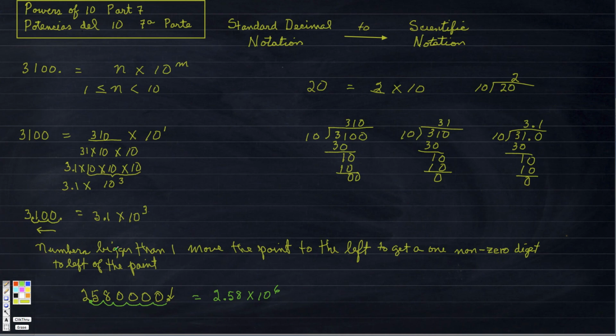Ok, so aquí estaba explicando que esta regla que escribí aquí era de si el número es mayor de un 1, es más grande que el 1, mover el punto a la izquierda para que nos quede una cifra que no es 0 a la izquierda del punto. So, entonces quiero mover el punto a la izquierda hasta llegar aquí, porque aquí me da una cifra a la izquierda que no es 0. Ok, so, entonces me va a quedar esto y cuento los números de lugares para que me dé el exponente.